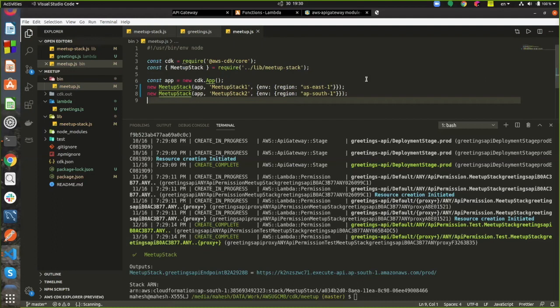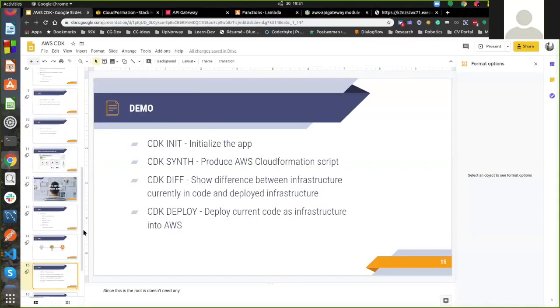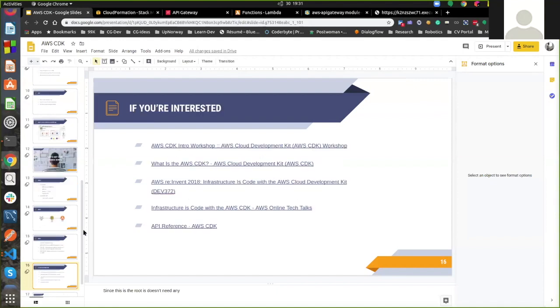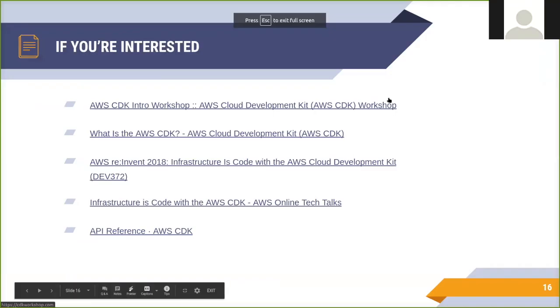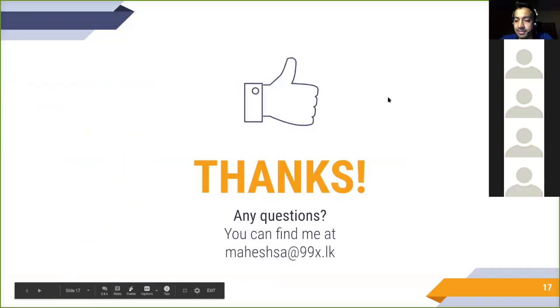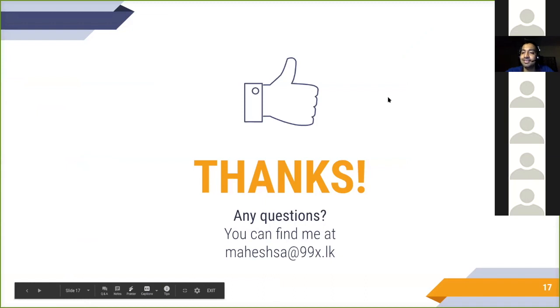So this is basically infrastructure as code. That's what I have prepared so far for today's session. If there is anything I can answer, let me go back to the slides. If you're interested, I have added some links inside my slides, so you can of course look into that. Thank you. And if there are any questions,